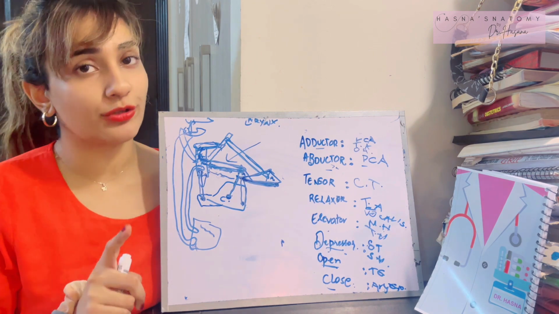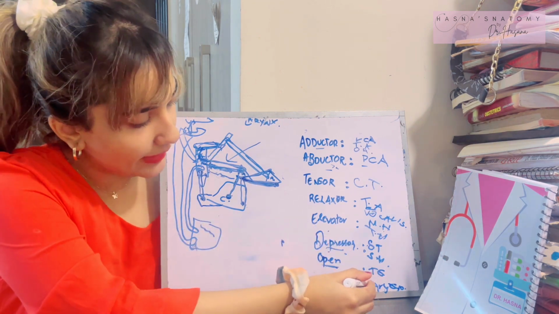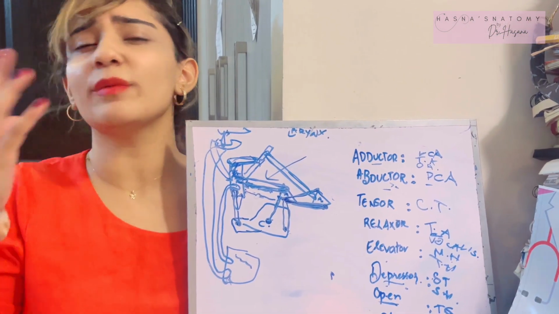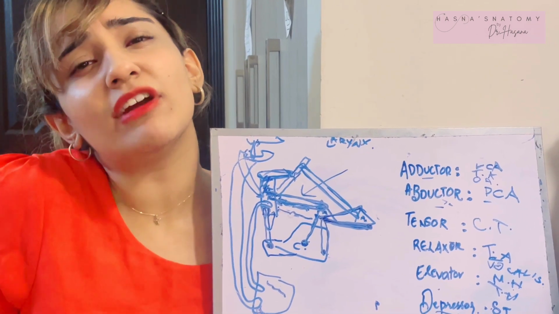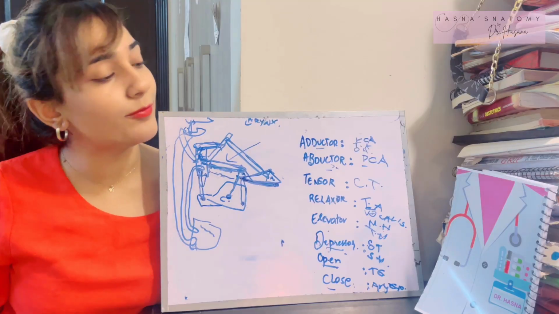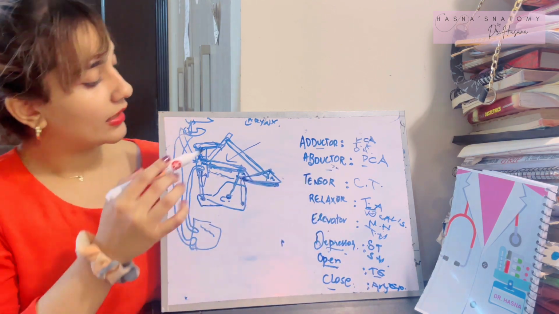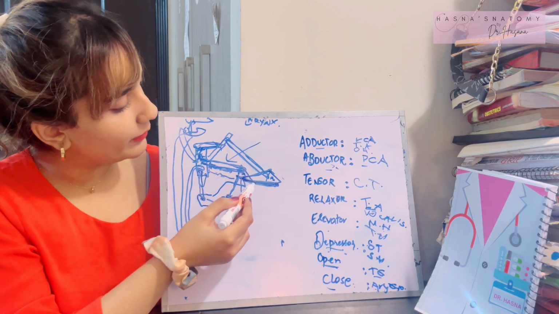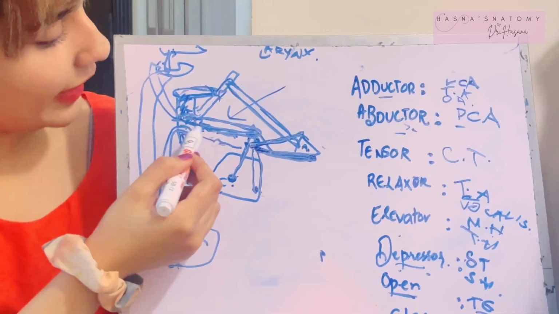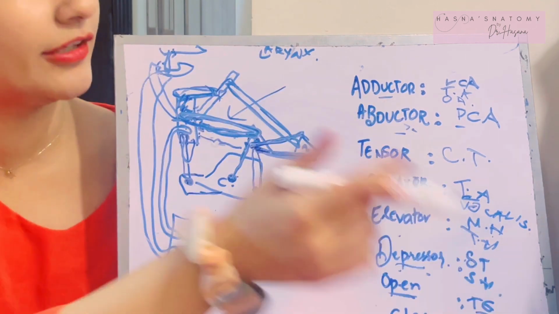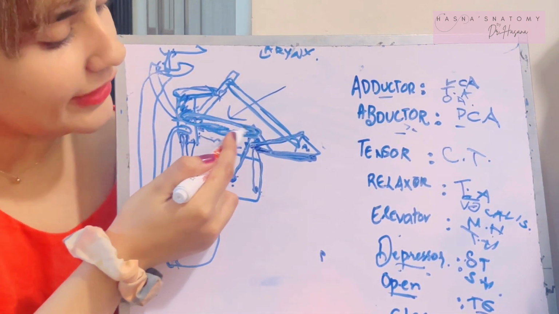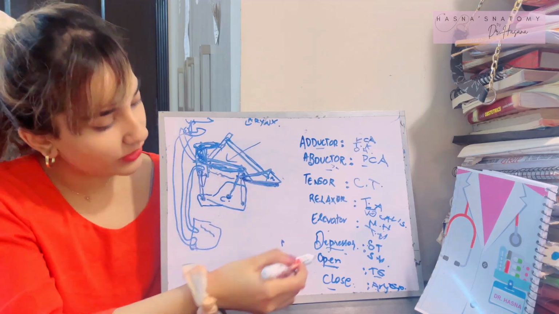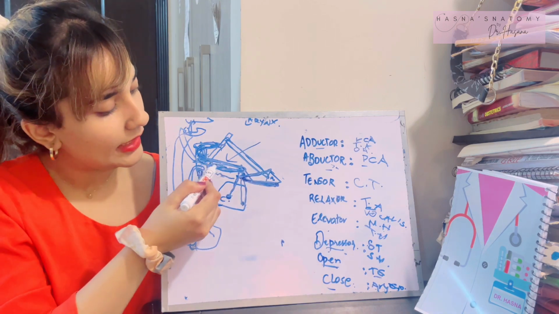So one thing I want you to know is that the thyroepiglottic muscle and the aryepiglottic muscle both like to take benefit of the other muscles. They're like, there are so many muscles that are originating and inserting, so why should we have our own origin and insertion? Therefore, the thyroepiglottic muscle comes from the fibers of the thyroarytenoid muscle, whereas the aryepiglottic muscle comes from the fibers of the oblique arytenoid muscle. The thyroarytenoid muscle is a muscle that's already going posteriorly towards the arytenoid. So the thyroarytenoid muscle says, fine, since you're going posteriorly, here you go, some of my fibers. So the thyroepiglottic originates from the fibers of the